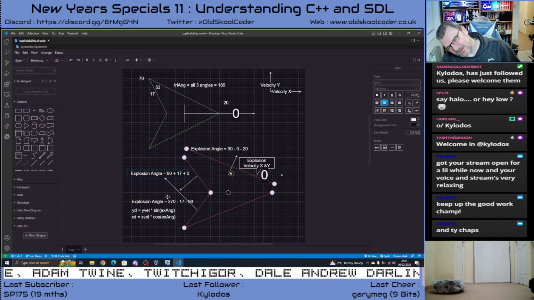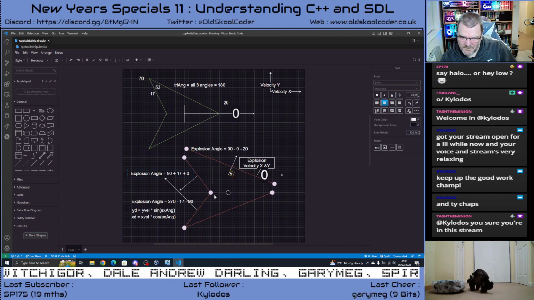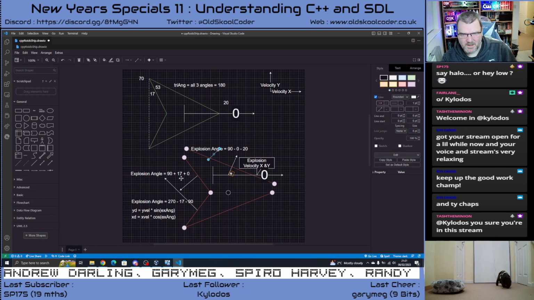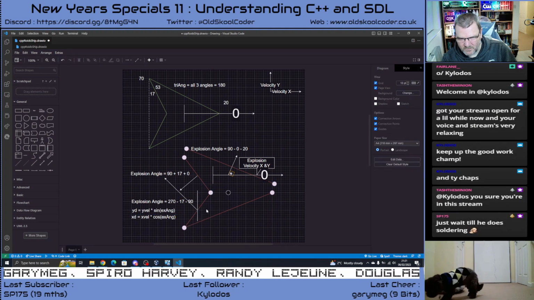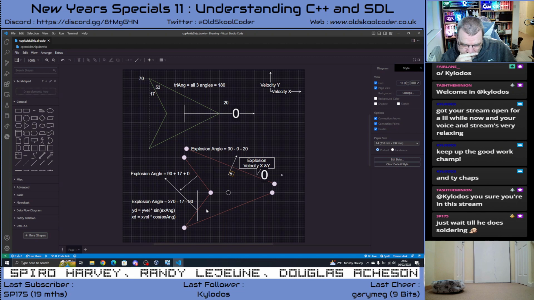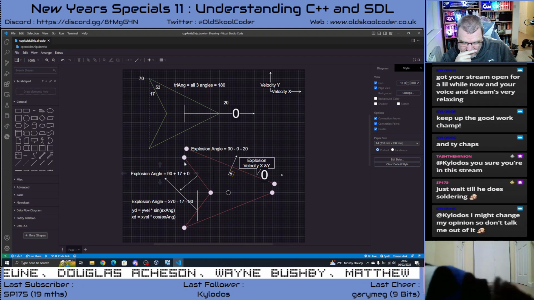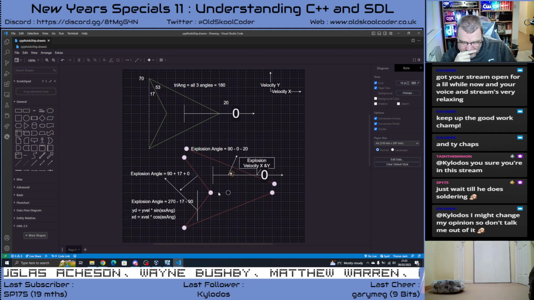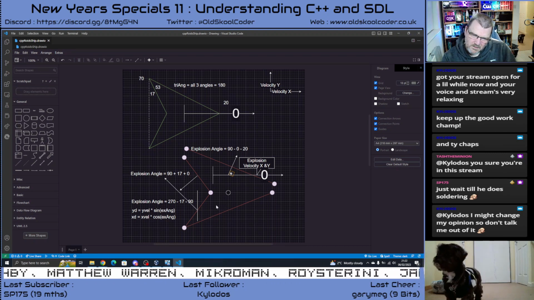Right. So that. So 180. So let's put a line on here. Right, here we go. So that would be that angle there. So that angle there is the same angle as that one. So that's going to be 90, 180.